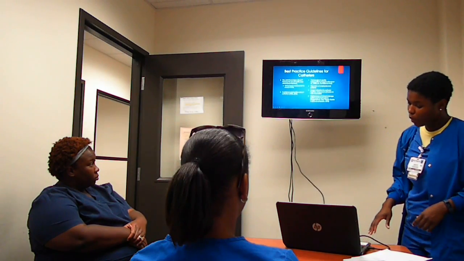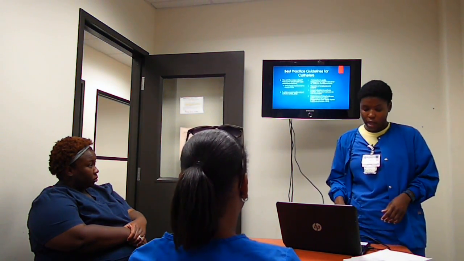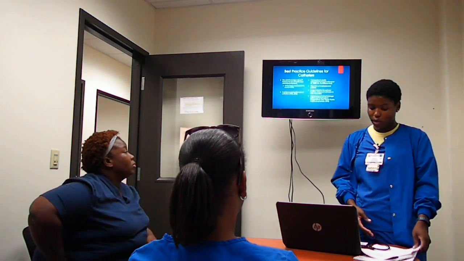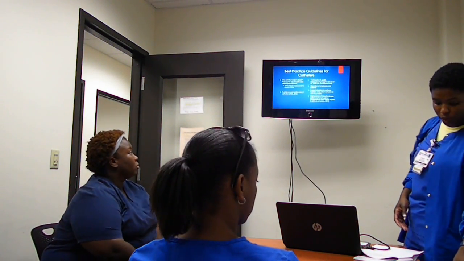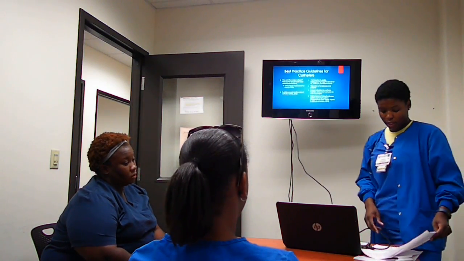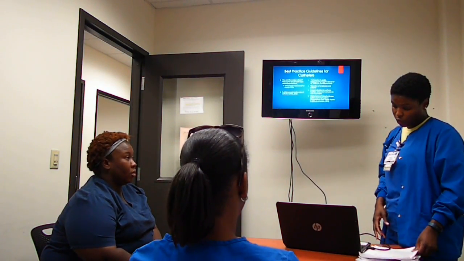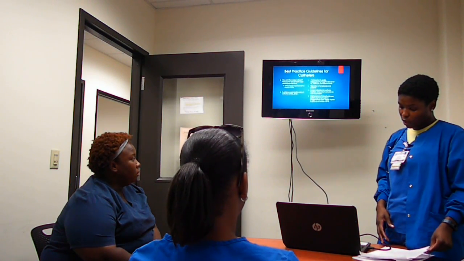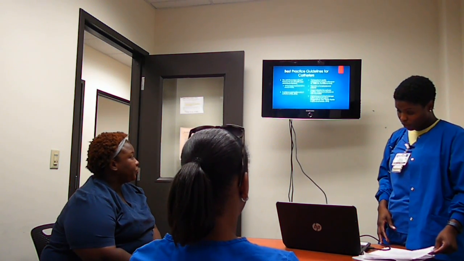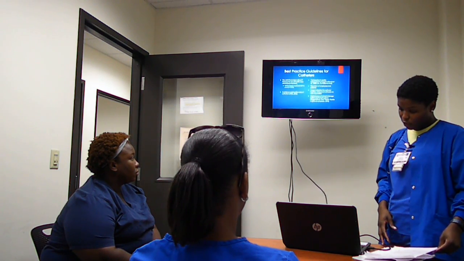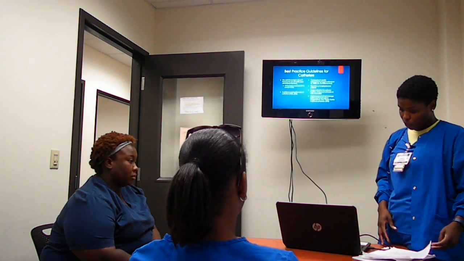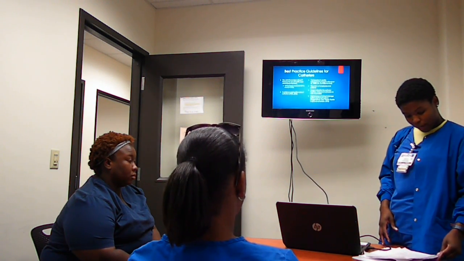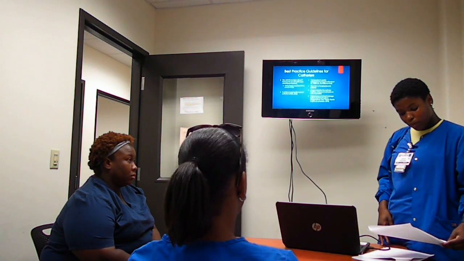So what are the best practice guidelines for urinary catheters? Well, the Joint Commission has national patient safety goals, and in particular, goal number 7 states to reduce the risk of healthcare associated infections, and specifically goal 7.6.1, implementing ways for evidence-based practice to be used to prevent catheter-associated urinary tract infections. And the Joint Commission says that